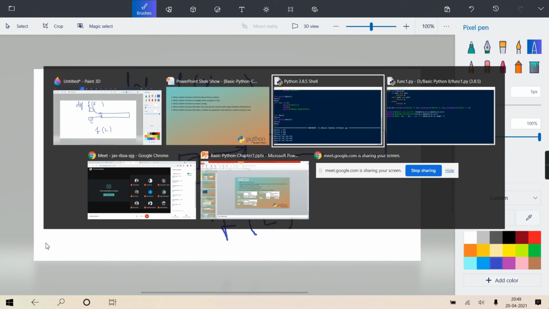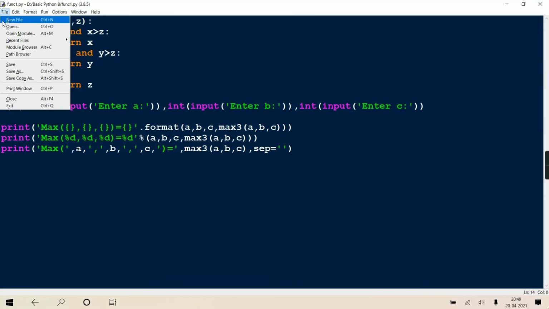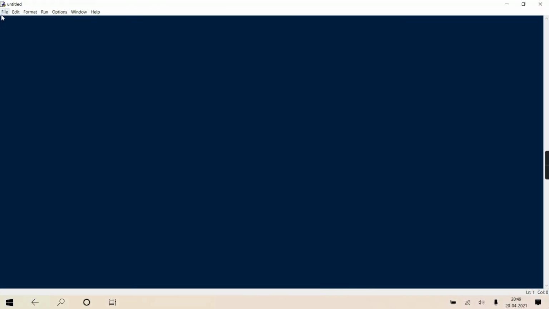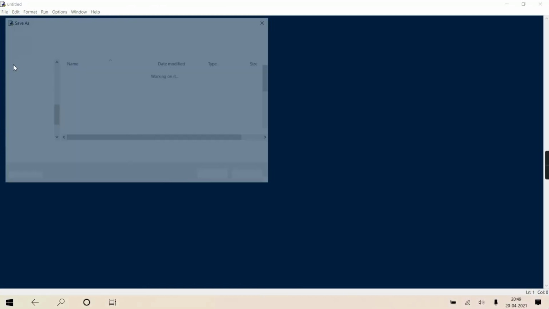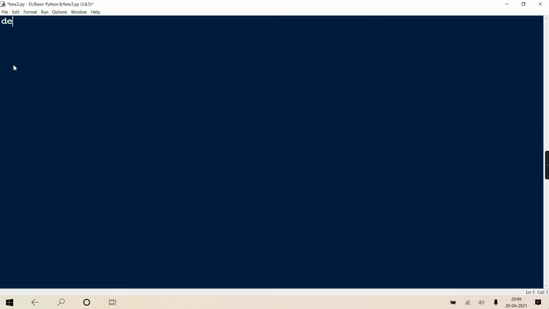Now if I want to write this code for finding multiplication of all the elements in the list, I'll give name to it as func2. Def, I'll give the name to the function as mult list, or complete list I'll give. Then to that I'm passing one list, lst. You give lst, whatever name you want. I'll give a dummy name, lst.